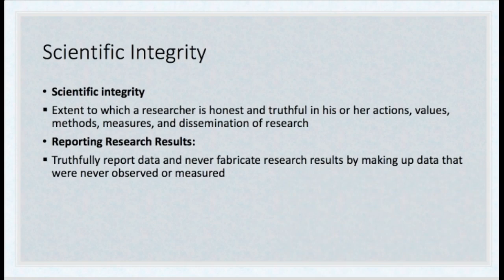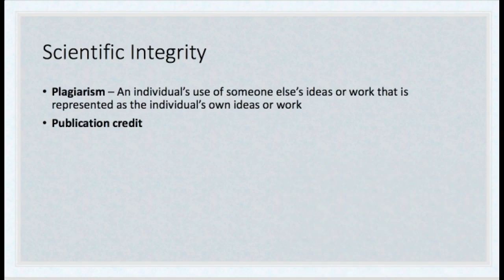And this has happened in the past where people lose dissertations, they lose licenses, they get expelled from universities, blacklisted, and they're not allowed to conduct research ever again. So this has actually happened in the past. Scientific integrity also includes plagiarism, making sure that you're not taking credit for someone else's work, and being given publication